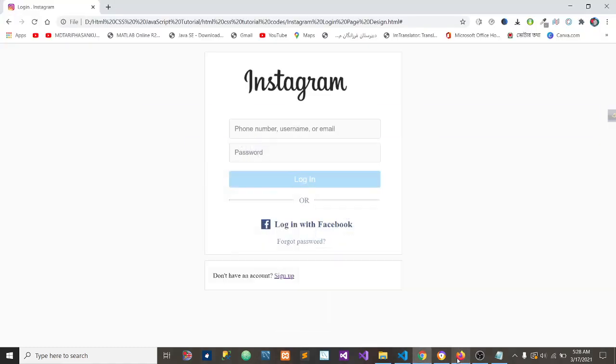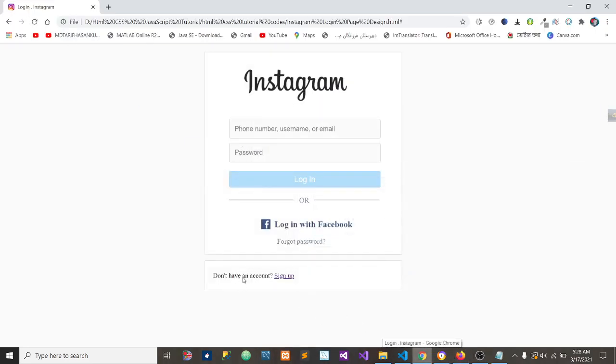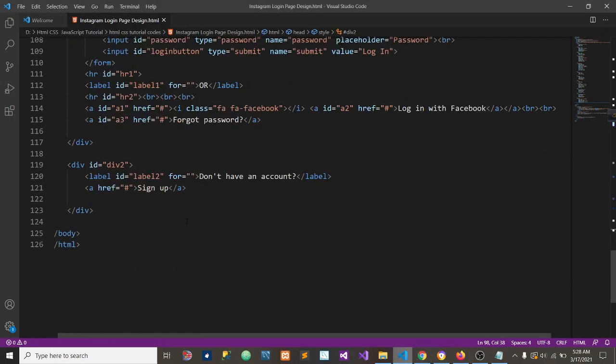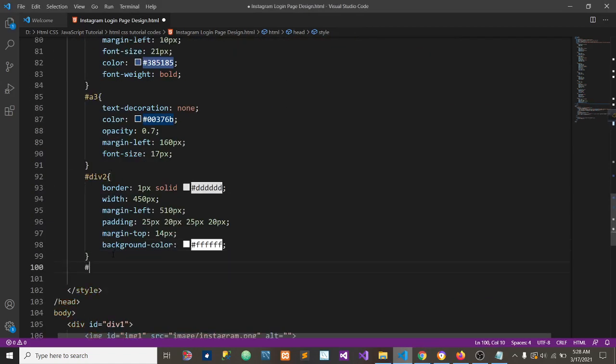Yes, now this and this are almost similar. Now we have to increase the font size of this text. I mean, they do not have an account. So this "do not have an account" means level 2. So we will write down the code for level 2, and it is